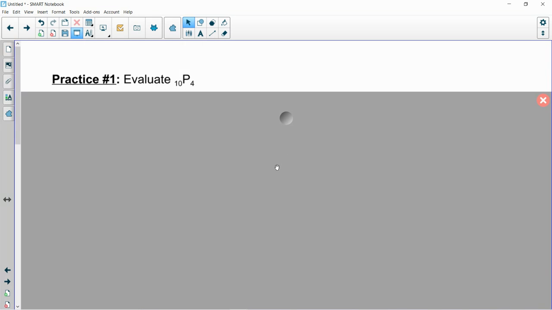Practice number 1. Evaluate 10P4. We're going to start with a practice problem that goes back to the real basics. There's no story here, no song and dance. I'm just giving you a permutation and asking, what is the value of 10P4? Now, we know we're going to use the multiplication counting principle, right? We also now know that when we have our two values of n and r, just remember,